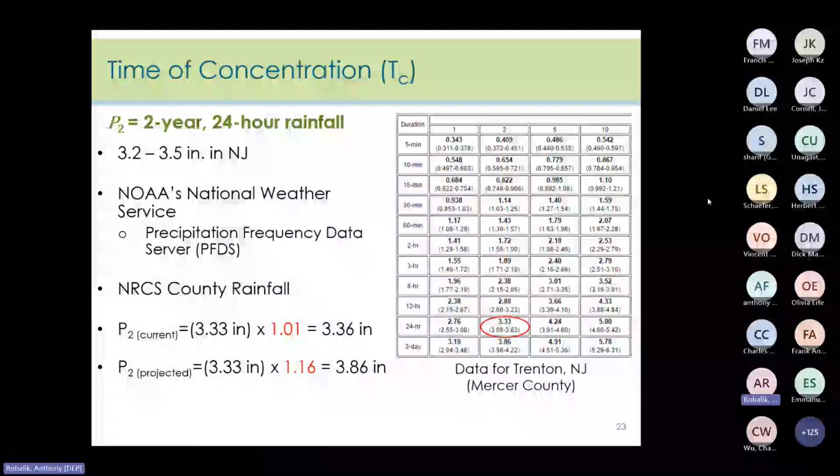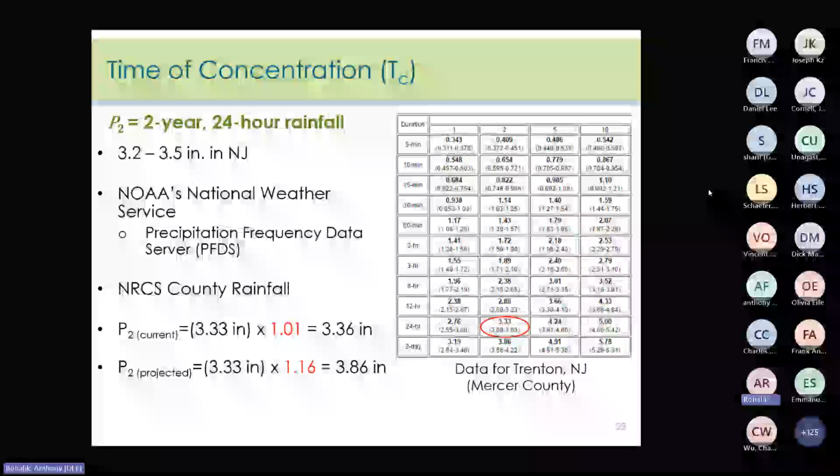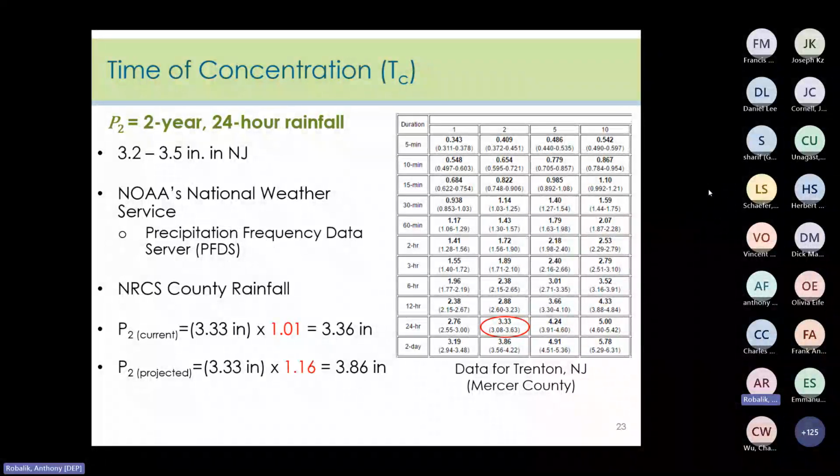So next, let's discuss the 2-year 24-hour rainfall depth parameter. If you recall, I briefly mentioned a couple slides ago that we use either the current or projected 2-year storm event rainfall depth for this parameter, and that's dependent on which storm events the sheet flow travel time is being calculated for. So when calculating the travel time for current storm events, use the precipitation depth for the current 2-year